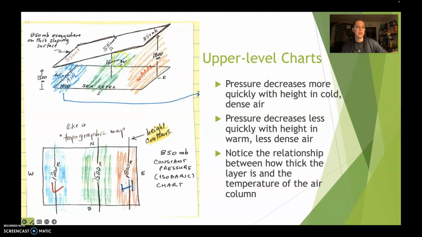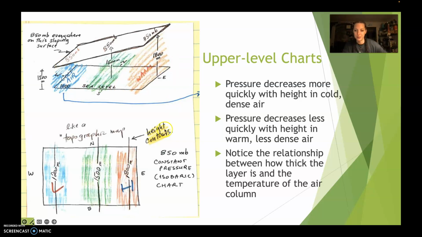So in this relationship here on the left-hand side, if we were to look at a cross section, a side view, with our colder air over here on the left, we can see that the 800 millibar level is lower than that on the right. Because on the right-hand side, the air is warmer, thus it is less dense. So the 800 millibar level is higher. So there's this slant that happens. Again, the colder air is more dense, more tightly packed, so the upper levels are lower, whereas our warmer air, less dense, our upper levels